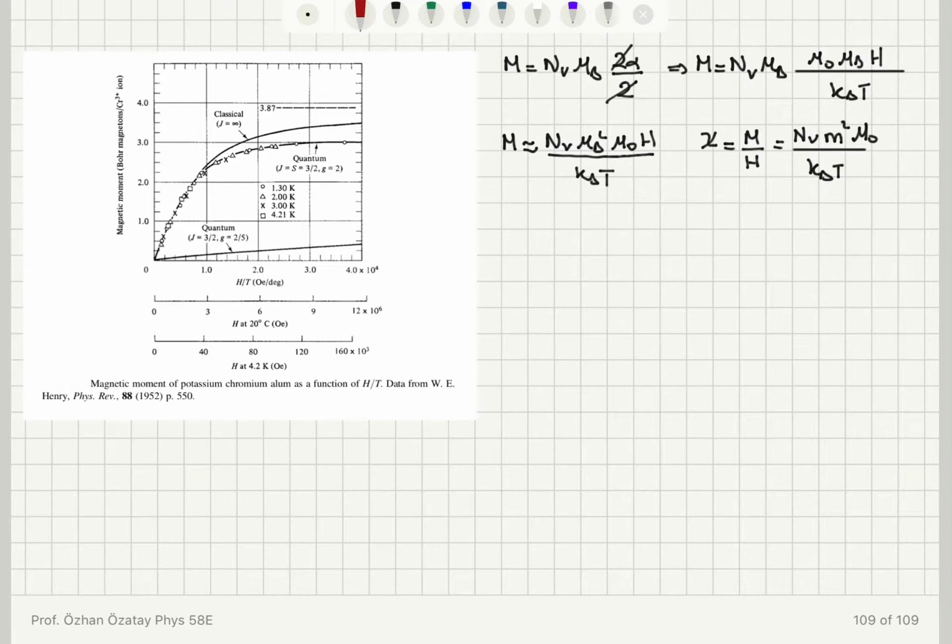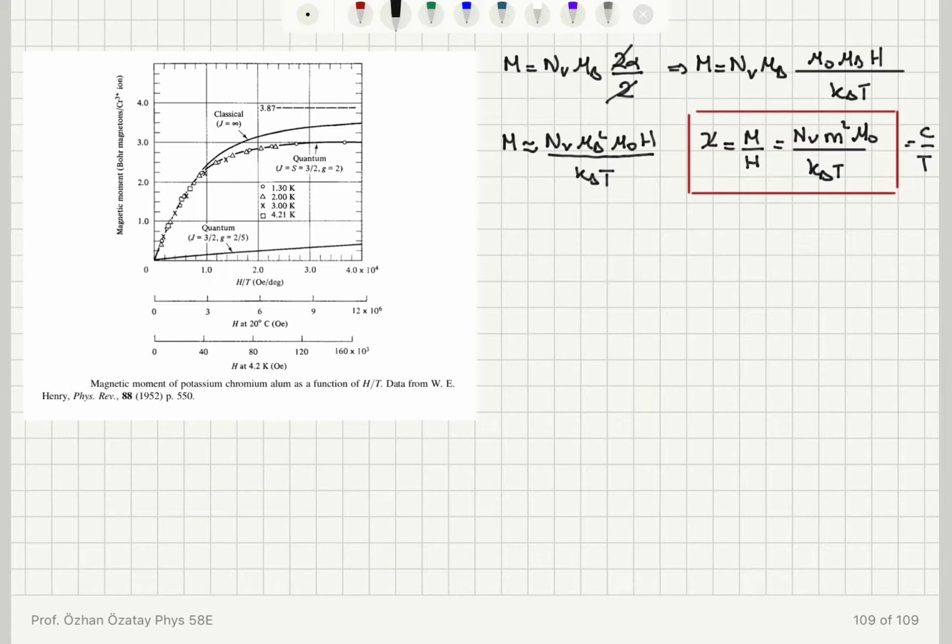So I have obtained the susceptibility of a single electron spin taking quantization into account, so it's quantum statistics. Okay, so once again I see that the Curie law is here. It is basically Nv m square mu 0 over kBt, so 1 over t dependence is still present using the quantum theory. Now we're going to generalize this to